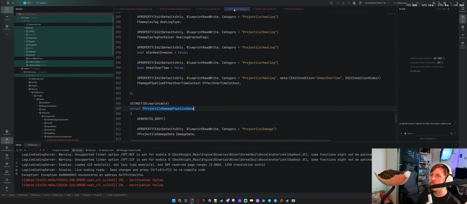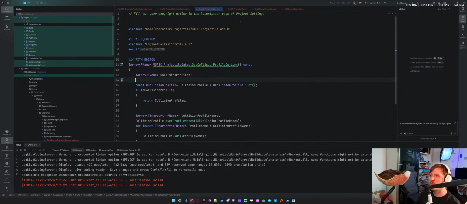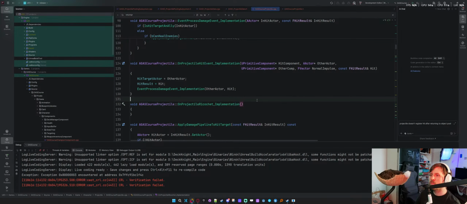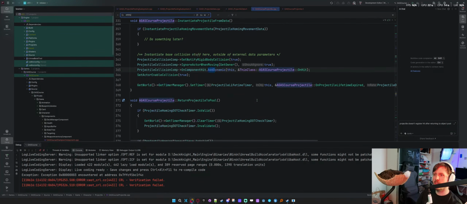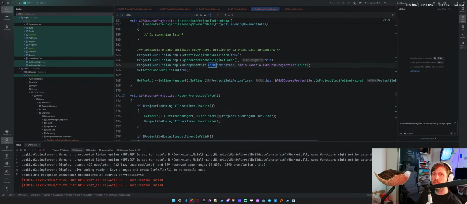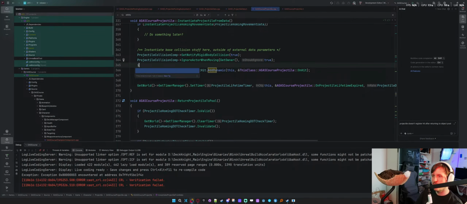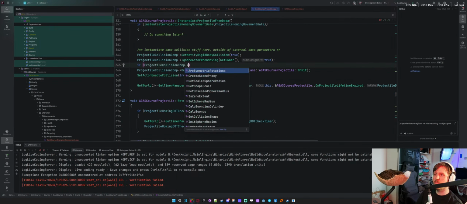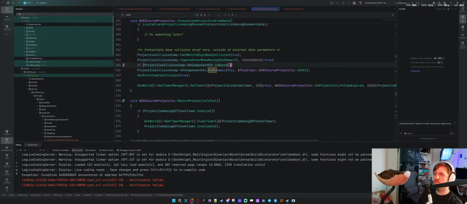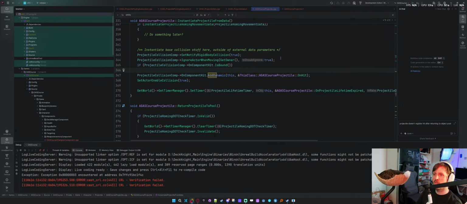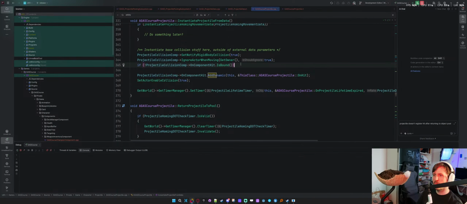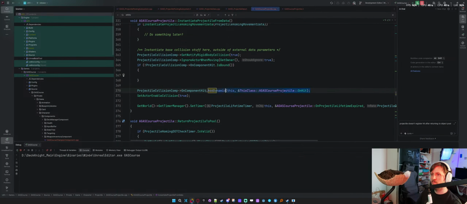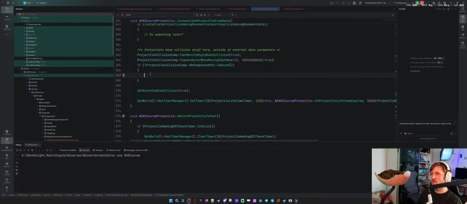I'm also worried about the... I don't know if it was an ensure or something. But we're going to have to fix that, I think. So basically, when we register, so add dynamic, right? Most likely, we would need to check, hey, if projectile collision comp on component hit that is bound,